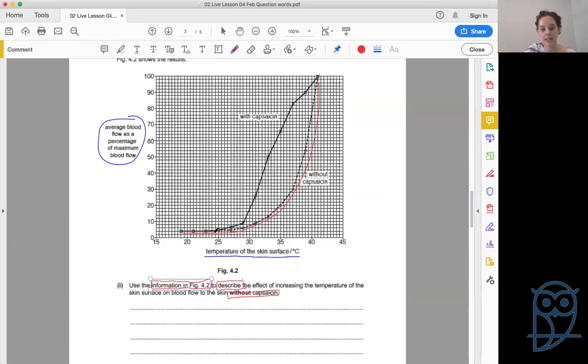Okay, so it stays the same, it goes up. That's our general pattern that we're describing. But we want to get marks. So remember they say use the information. That means we need to pull some numbers off here. So it stays the same at what percentage? It goes up to what percentage? So if we pull this together into an answer,